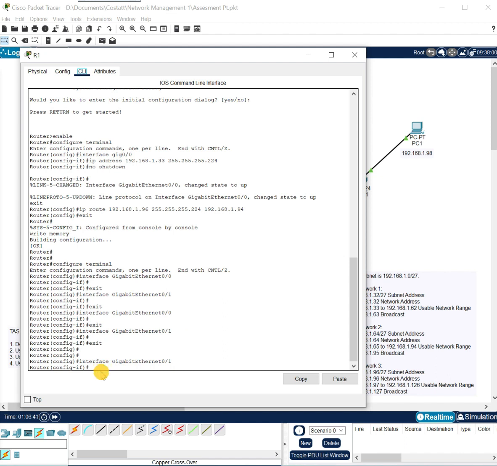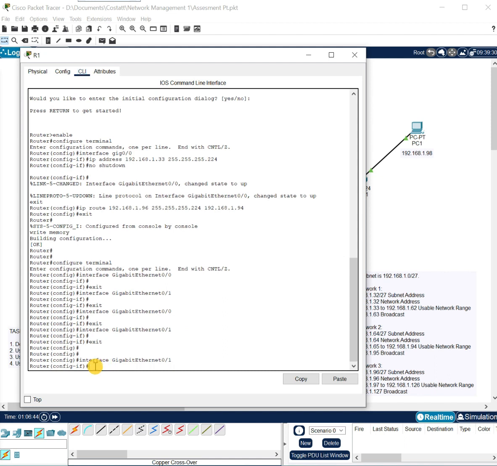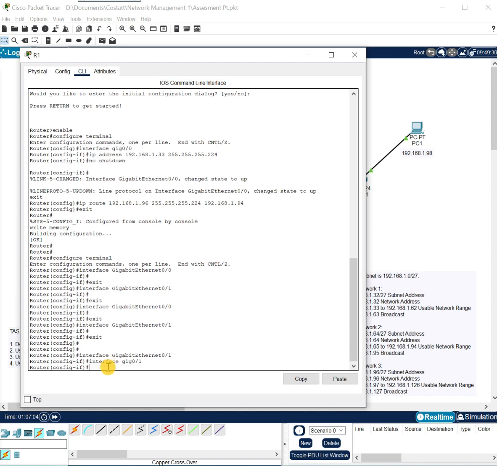So that router 1 will be able to communicate with router 2. The IP address on that side would be, let's go interface gigabit 0/1, enter, IP address, and we're going to set the IP address. The IP address is 192.168.1.65,